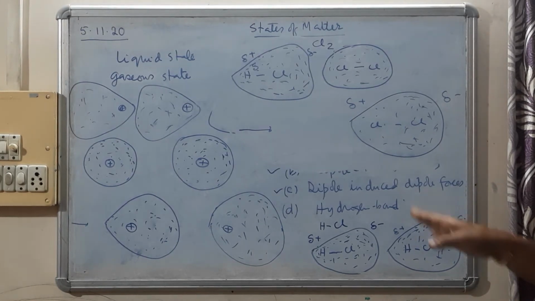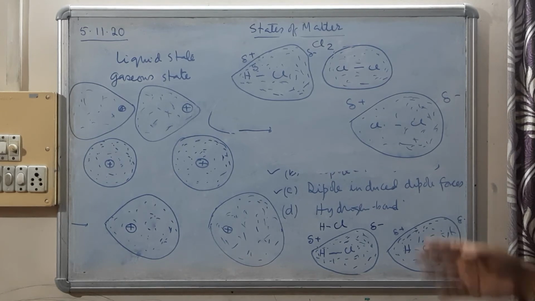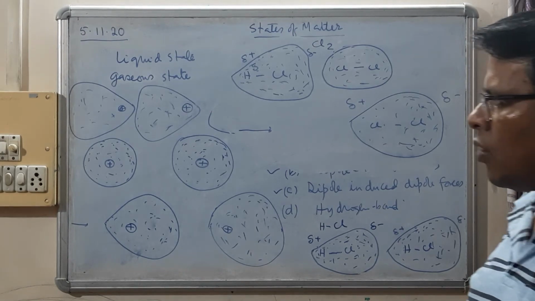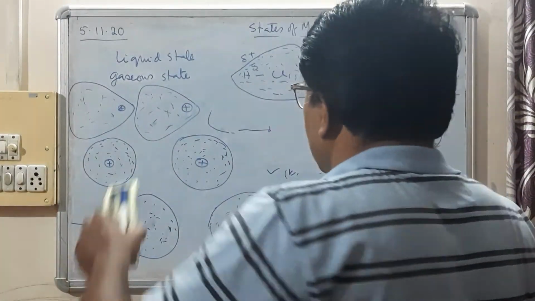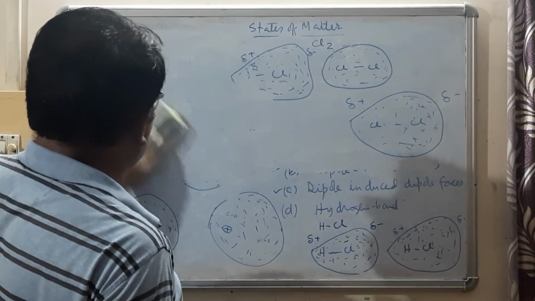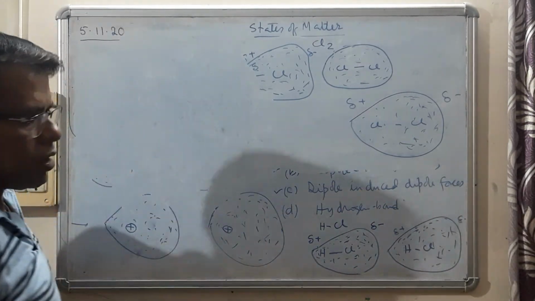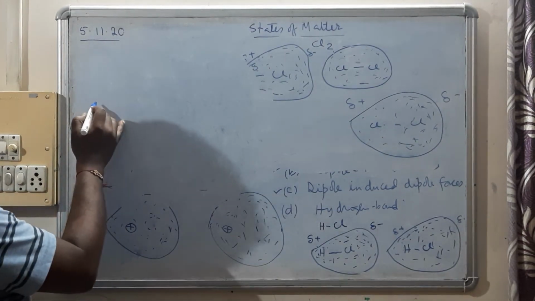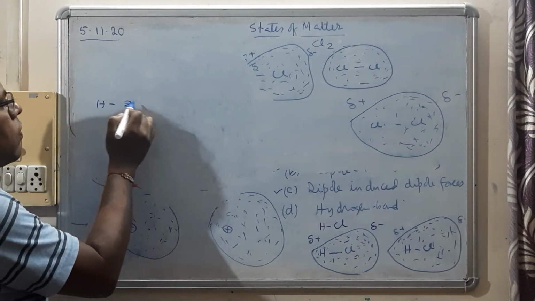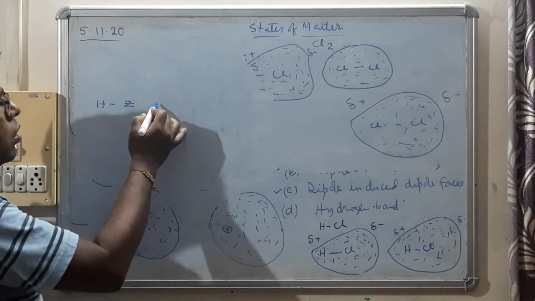Okay, coming to the last type of intermolecular force, that is hydrogen bond, which we have already studied in the previous chapter, chemical bonding. So hydrogen bond is actually a type of intermolecular forces or van der Waals forces. So what is hydrogen bond? Hydrogen bond is if hydrogen is attached to a highly electronegative element, suppose Z is a highly electronegative element, then